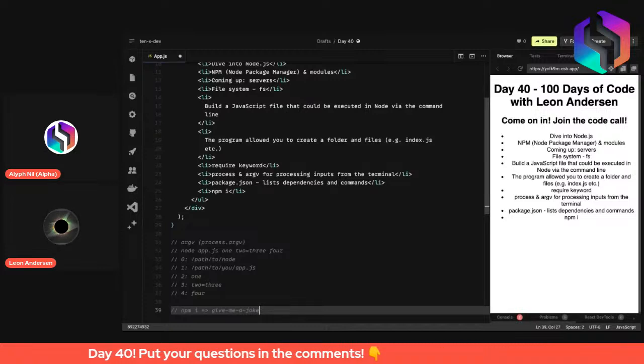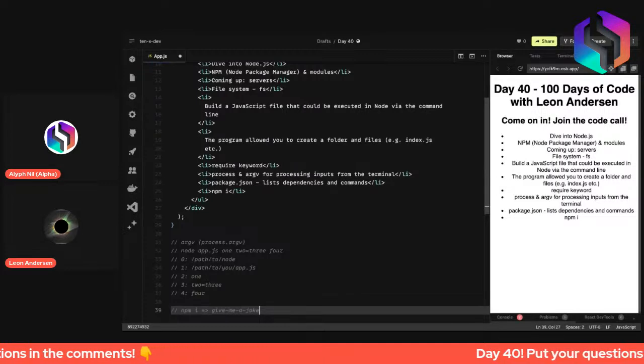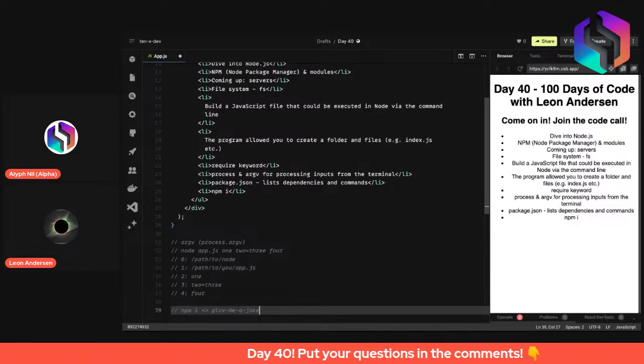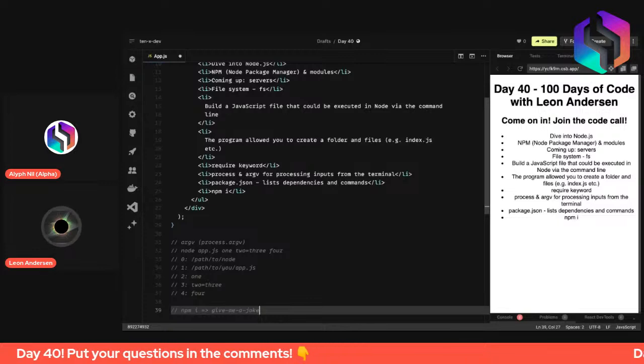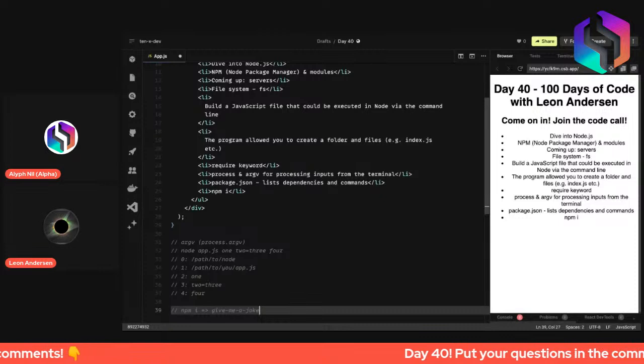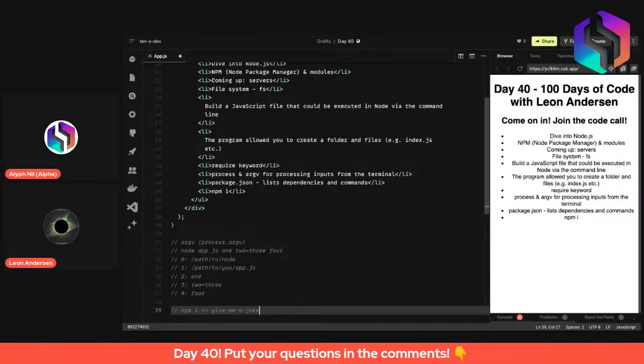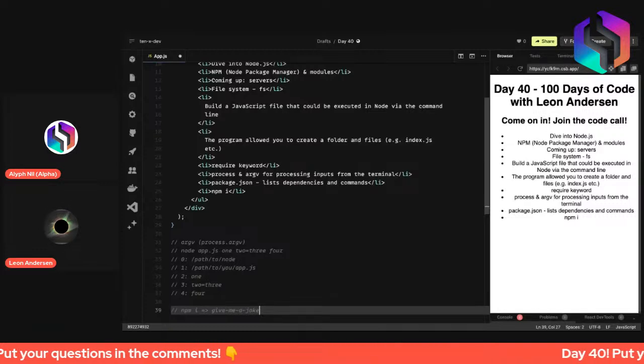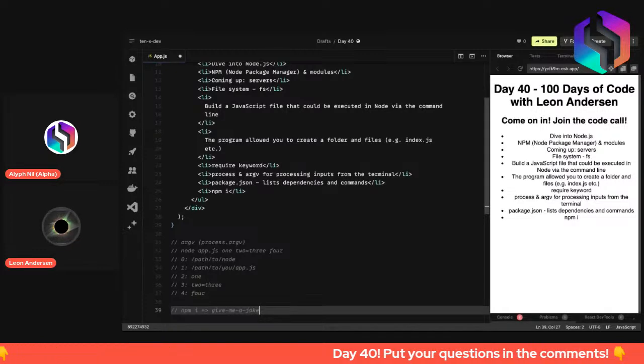Yeah, you can use them. Yeah, basically we looked at the dynamics of how these packages can be used inside of the JavaScript file that you're writing, and then you execute the JavaScript file, and then